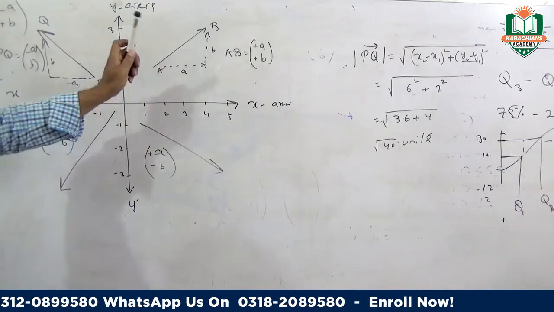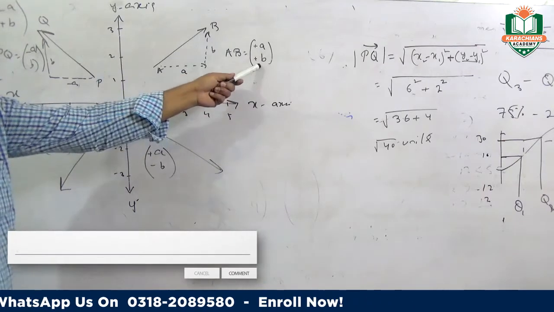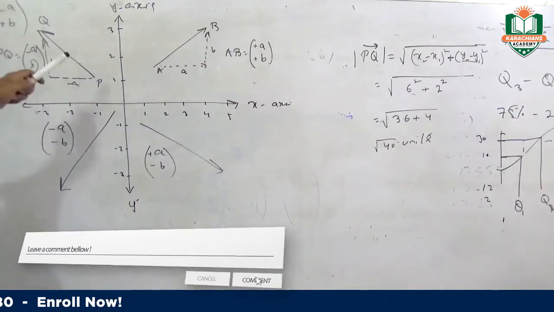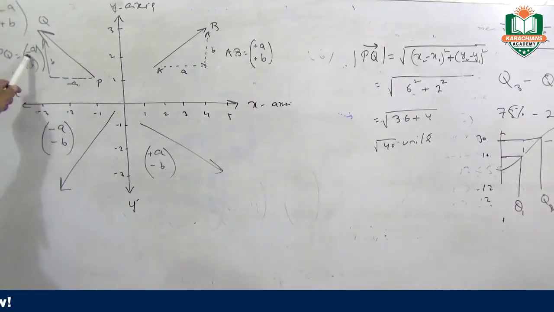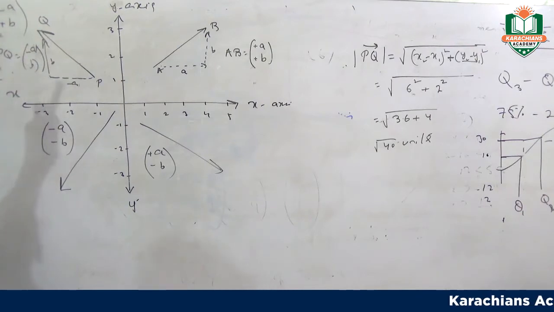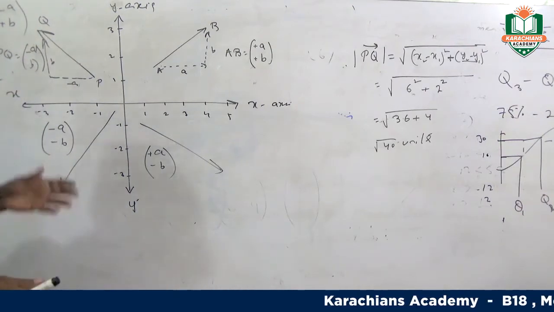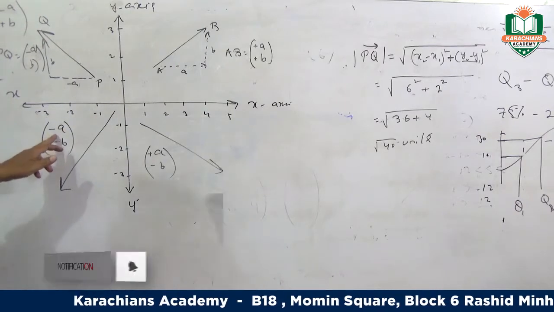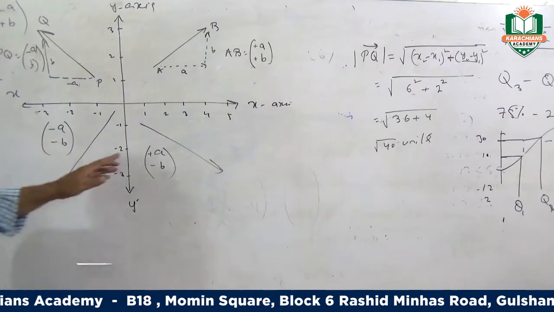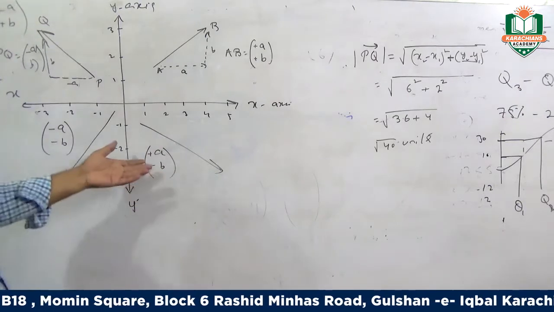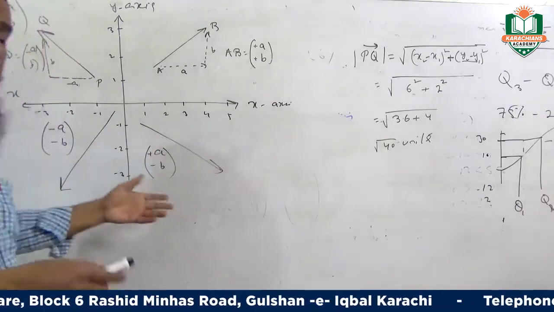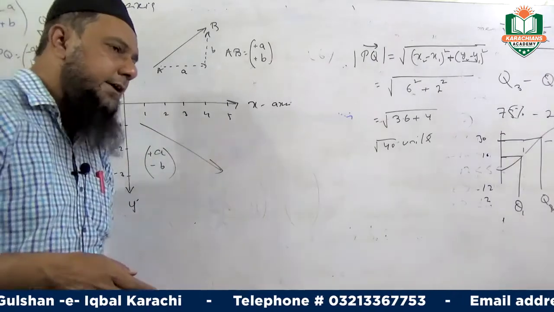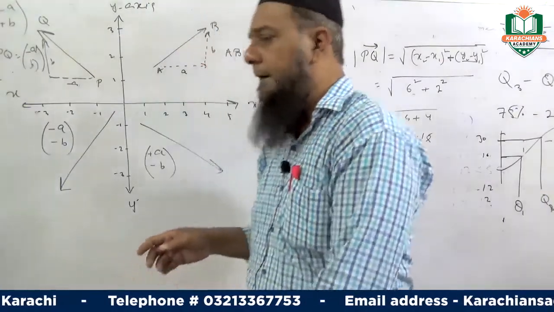This line shows that x and y are both positive in the column vector. If I consider this line, I will put minus with the x values and plus with the y values. If I consider this quadrant, quadrant number 3, and a line like this, I will put minus with x values and minus with y values as well. As far as the fourth quadrant is concerned, I will put plus with x and minus with y. After that I have to add these lines and then find a triangle.